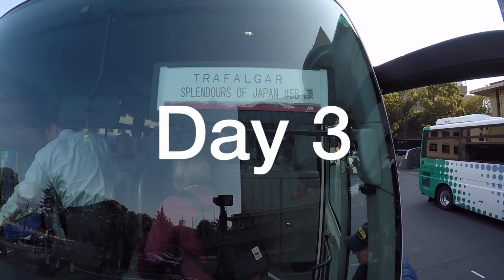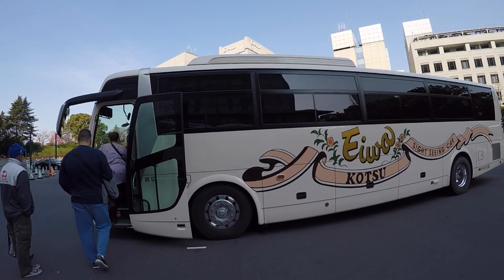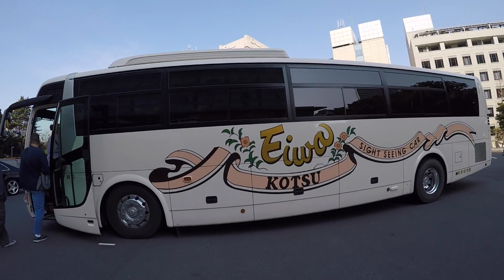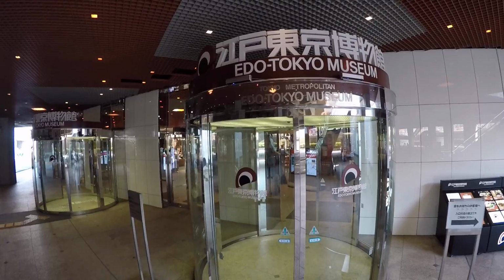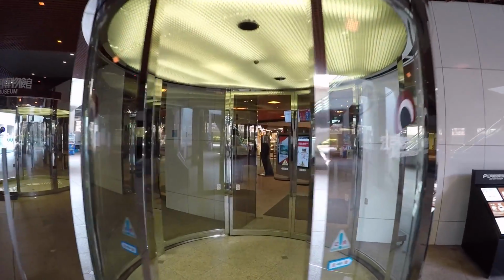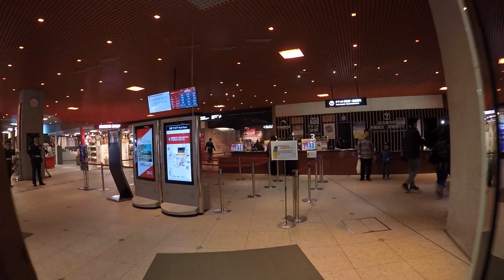Yes, our mighty steed for the trip. This 50 plus passenger capacity motor coach was as comfortable as it was luxurious, especially with only about 25 of us in the group total. But the next day brought us to the Edo Tokyo Museum, which was really awesome because